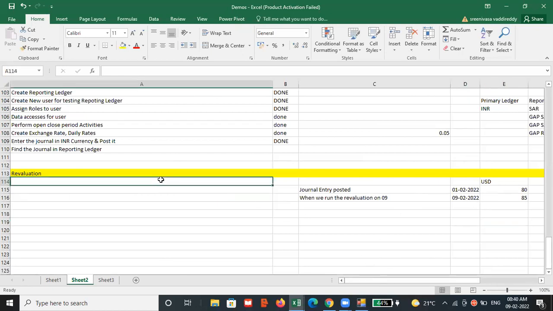To perform that, we need to perform the setup. First, we need to define the exchange rate type and exchange rates, and we need to assign the unrealized gain or unrealized loss account at ledger level. Enter some foreign currency journal, modify that exchange rate type, and run the revaluation. So revaluation, tomorrow we can